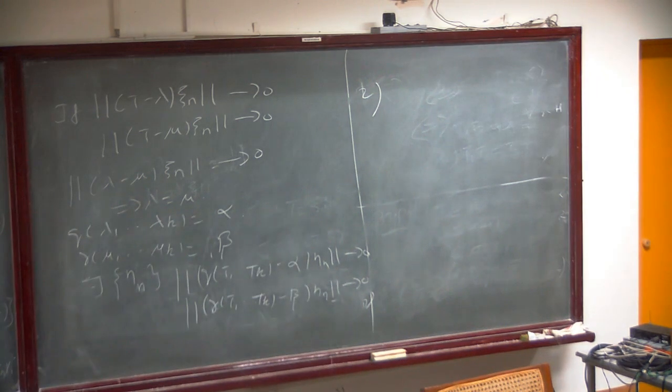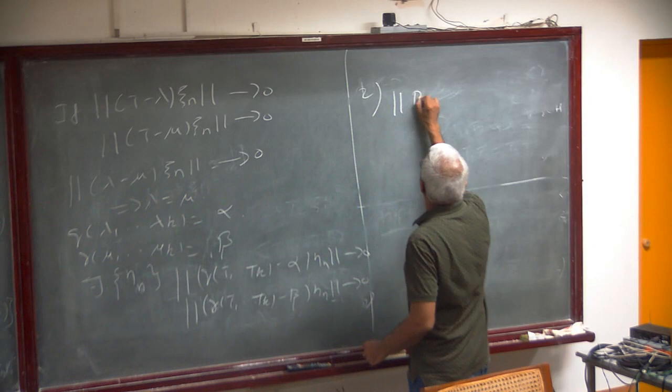Second statement is the norm of P(T) is equal to the infinity norm of this polynomial restricted to sigma. And that is the same proof. Same proof for